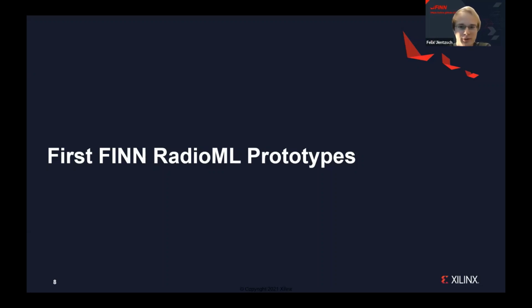And since the data set is in floating point format, the first question is always the input quantization. In initial experiments, we found that 8-bit precision is a sweet spot. So we chose to keep the inputs at 8-bit, with a predetermined scaling and clipping range that we determine by doing statistical analysis of all the highest SNR data points. The quantization range that we chose was about 98% of all the highest SNR data points, so we don't have a lot of clipping. And this is also the range that we provided inside the baseline in the sandbox for you.